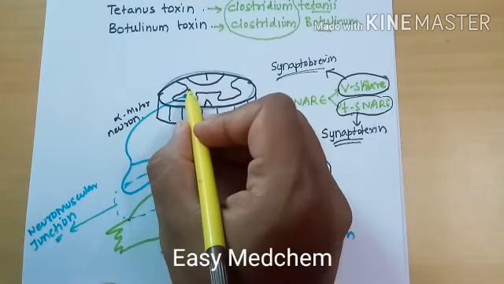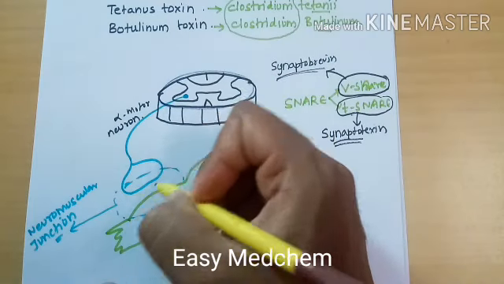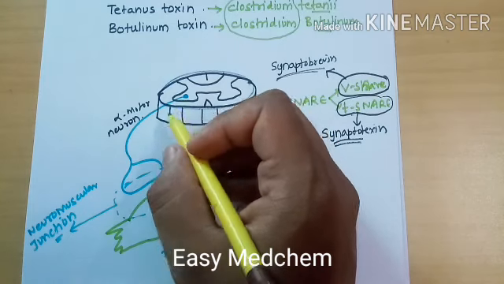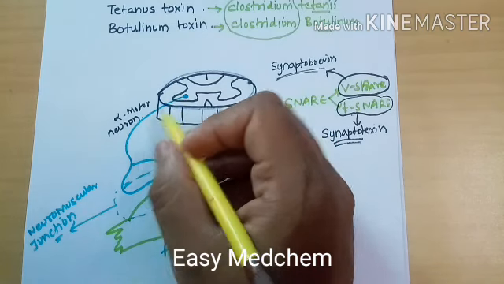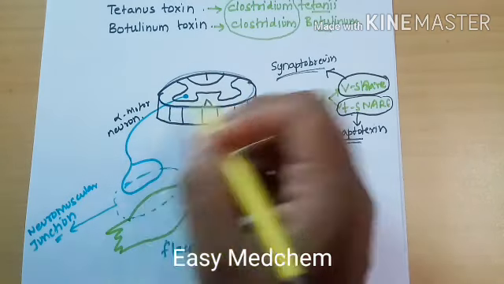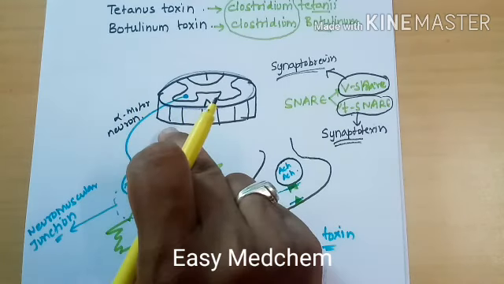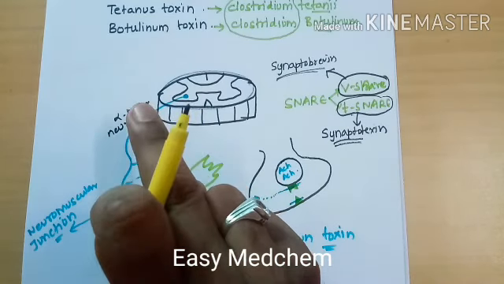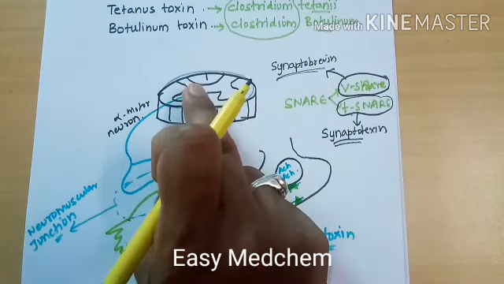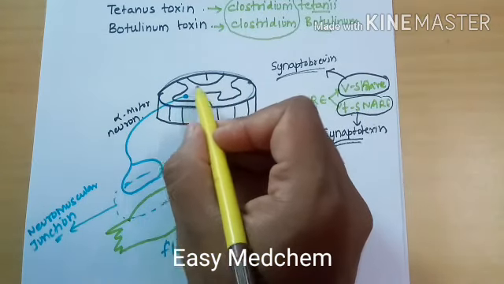So if this is an alpha motor neuron, we know that it is a cholinergic neuron, but to excite these neurons all the time, if there is no inhibition of these neurons, they will excite by themselves, right? So there should be a machinery which should inhibit these alpha motor neurons. The machinery which is already present in our human anatomy, those neurons are present at the level of the spinal cord.